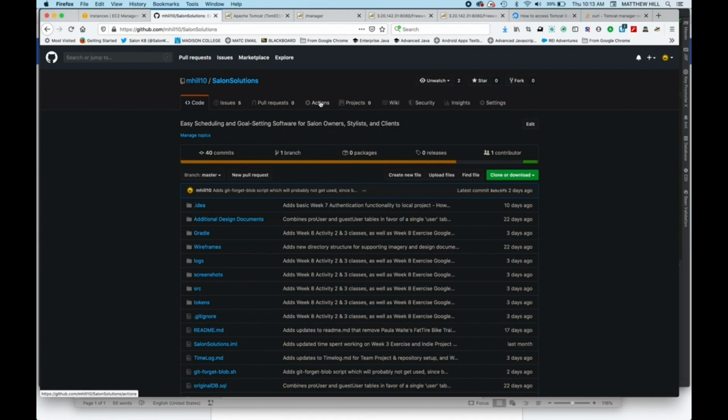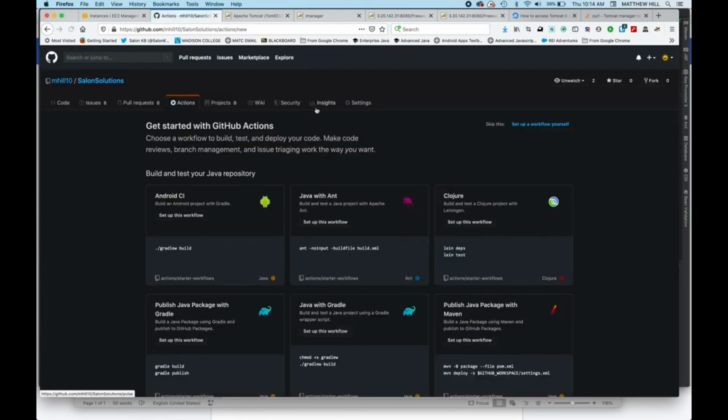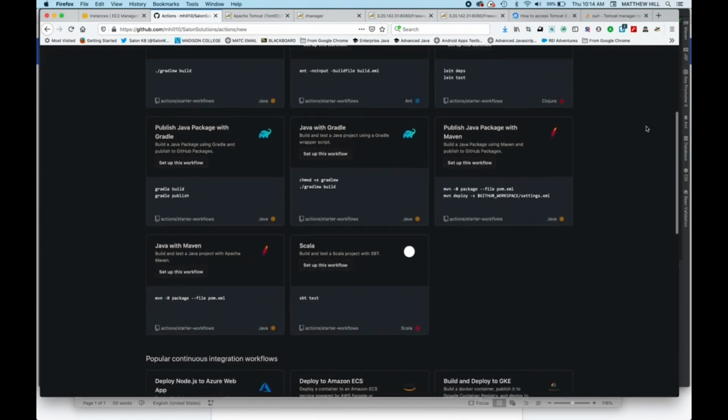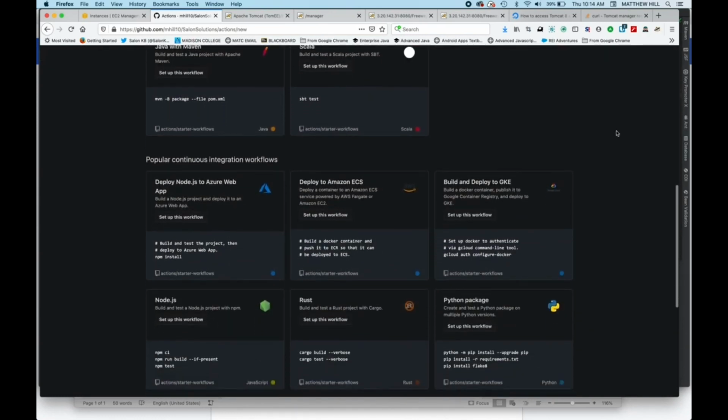Basically, this is a Maven project. I want to perform a Maven build inside of GitHub upon every push that I make. So it's really cool. GitHub Actions is a fairly new feature. It's about a year old, and we can dive into the Actions tab, and there's a whole bunch of options that come up. It's like sky's the limit. Tons and tons of stuff. There's even a deploy to Amazon ECS